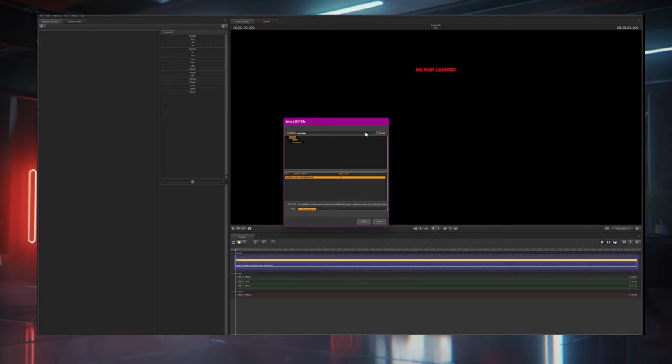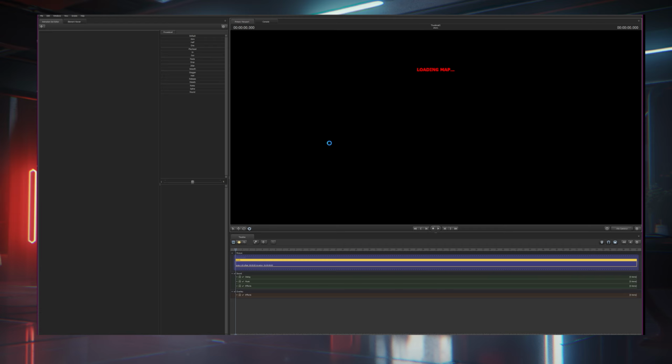So when you go to loading your map, make sure this tab is on Workshop. It will not find the download a map otherwise. You click Workshop, find the map you want, click on it, and open. Give it some time. It will take a second because it is a whole map. That's why I said to download an easy looking map, nothing too crazy, because